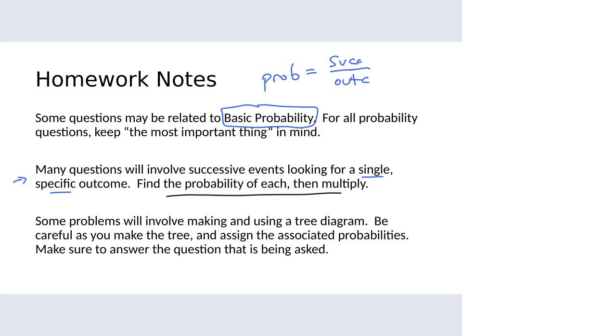And then finally, what we saw at the end of class today, some will involve making and using a tree diagram. Just be careful when you make your tree. Make sure you put the probabilities on there and be very careful that you answer the question that's being asked. And what I mean by that is make sure you're identifying successes that are related to the question you've been given. Whether it's the second one is a certain color or the at least and exactly, make sure you're actually finding the